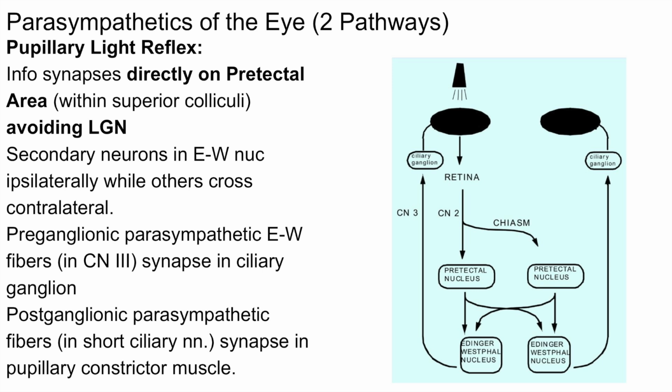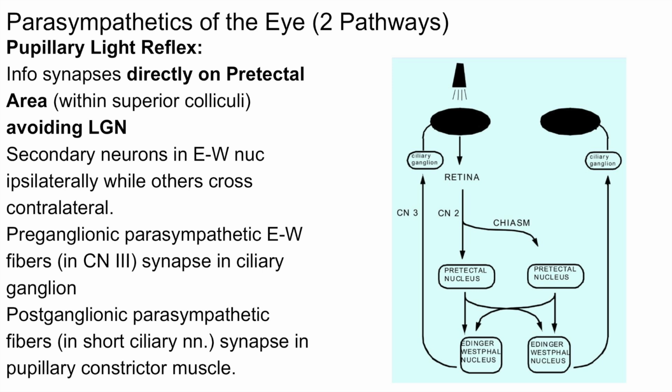Then the postganglionic fibers are going to leave via the short ciliary nerves and go to the sphincter pupillae muscle, causing that constriction. So if you compress it down and you just need a little flow chart, it's going to be retina, cranial nerve 2, pretectal area, bilateral Edinger-Westphal nuclei, cranial nerve 3, ciliary ganglion, short ciliary nerves, sphincter pupillae, finally